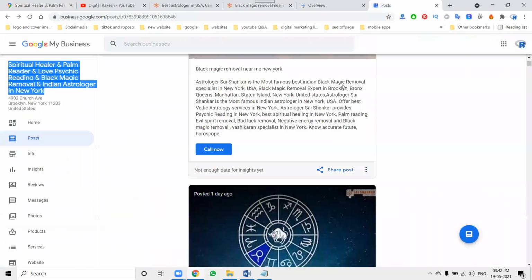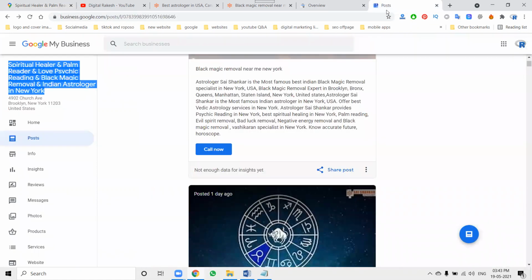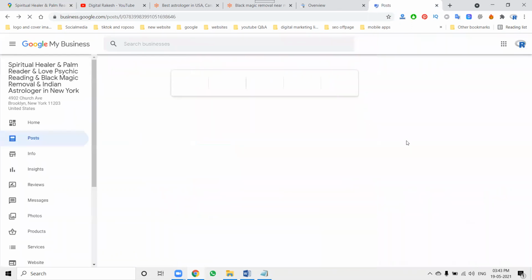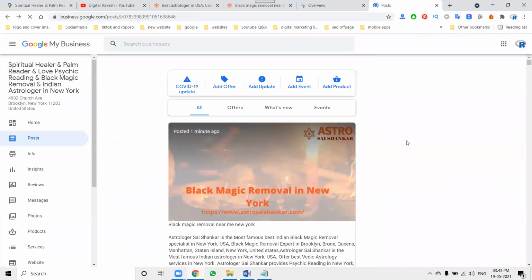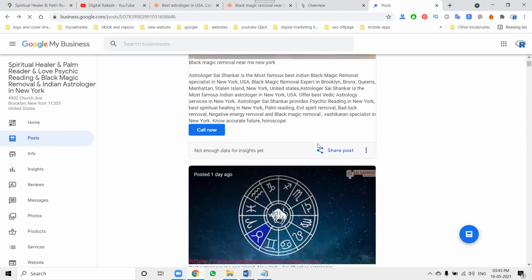Any new post takes some time for approval. In this post, click Learn more, which is call your website. Now we give the call button option. This feature is called the call button option, and it is activated in the Google My Business post option. Any post takes some time to be approved on your Google My Business.